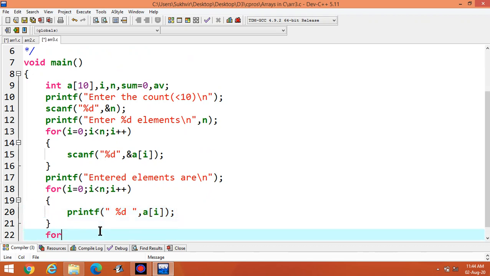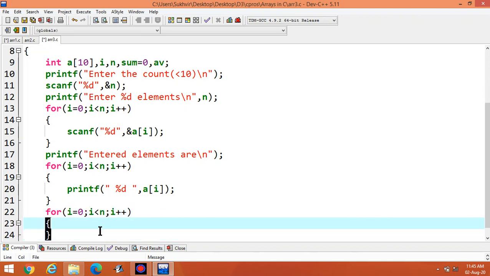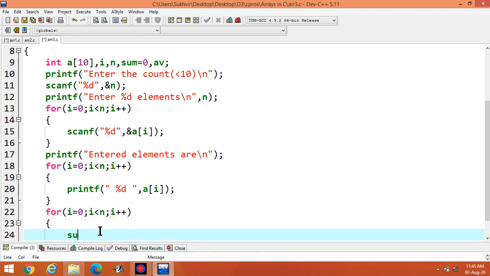Again use for loop. I is equal to 0, I less than n, I plus plus, then sum is equal to sum plus a[i]. Now what is the meaning of this?